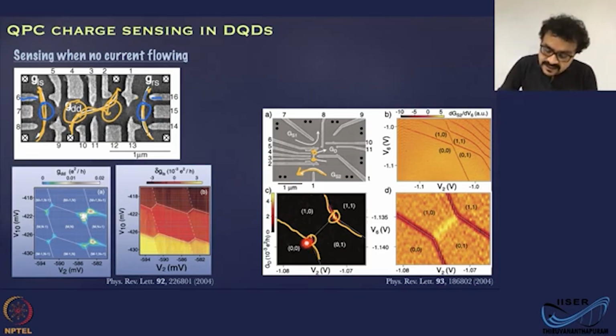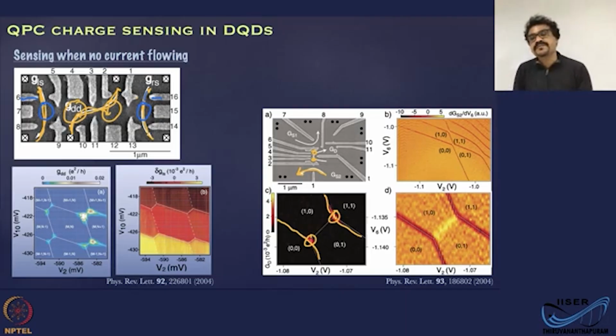Because the current happens only at this point, but the charge configuration changes in all these points. Okay. For example, here (0,0) and (0,1) are degenerate along this line. Along this line, (1,0) and (0,0) are degenerate. Whereas along this line, (1,1) and (1,0) are degenerate. Along here, (0,1) and (1,1) are degenerate. So all this information has been captured by the charge sensor, whereas the current sensing tells only the information at